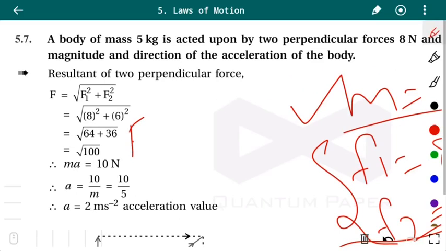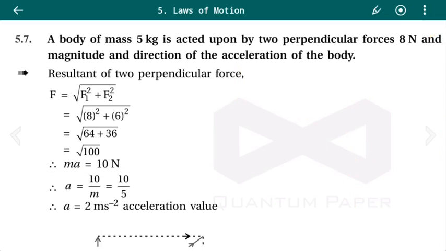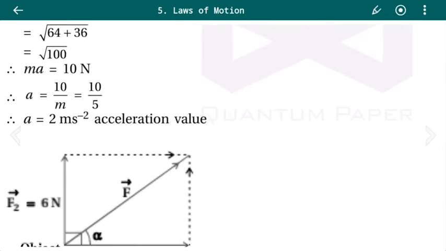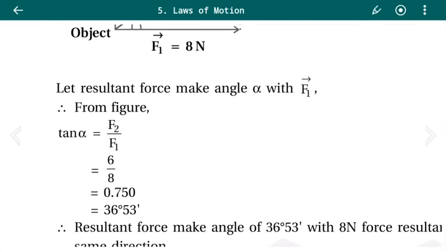Here F equals 10 Newton. Now using the equation F equals ma, that is 10 equals ma. Acceleration is equal to F upon m, that is 10 upon 5, which is 2. So acceleration is 2 meter per second square. Now let us find the